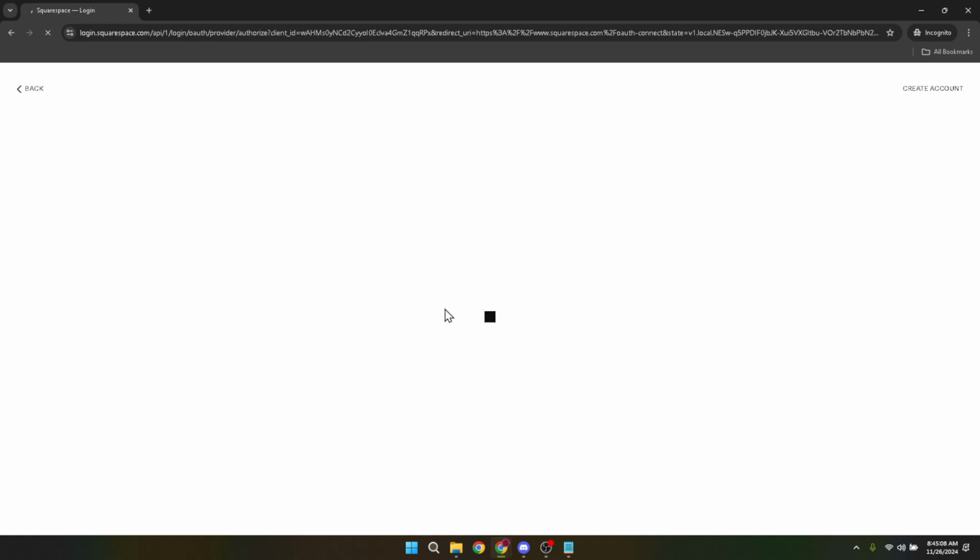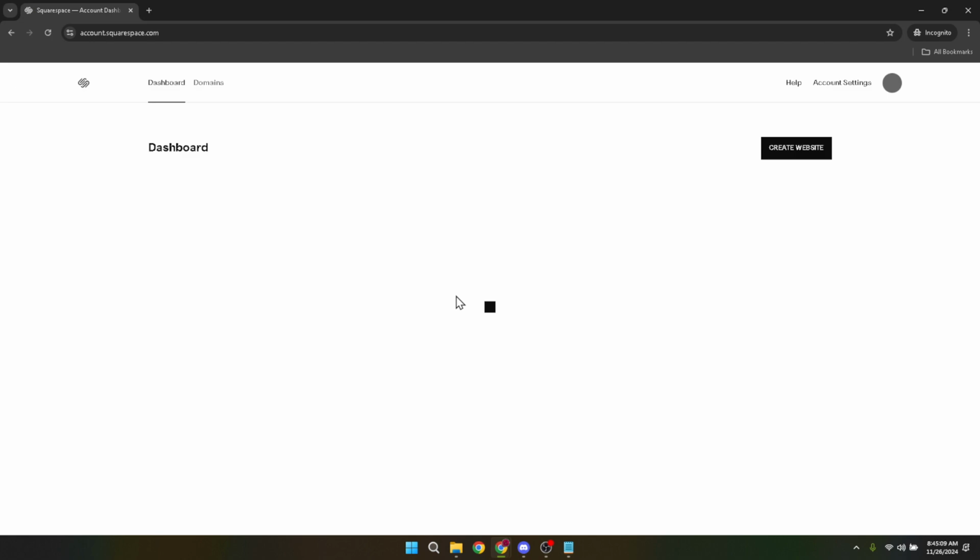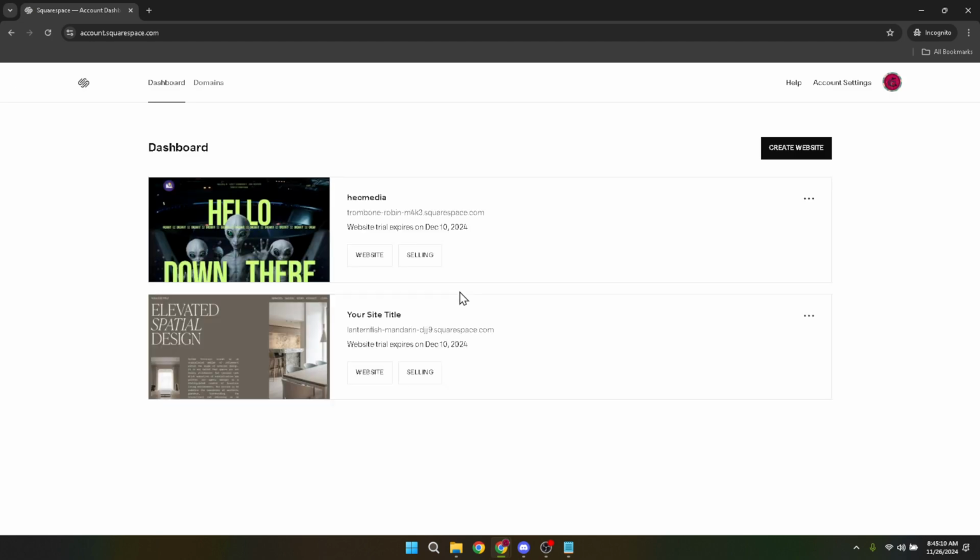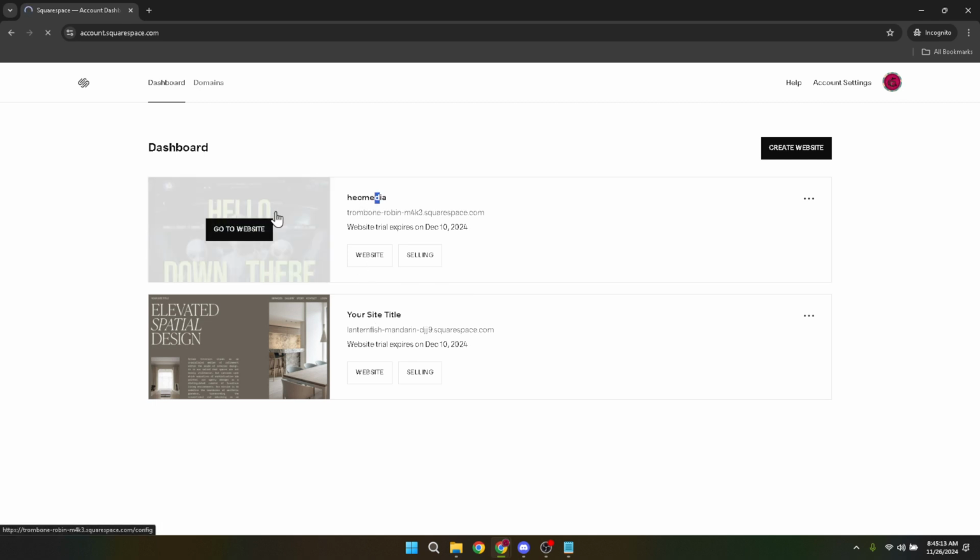After you've successfully logged in, the next step is to select your website from the list of sites associated with your account. If you have more than one site, make sure to click on the correct one where you intend to add a new section. This takes you into the heart of your Squarespace site's backend, where all the design and content adjustments can be